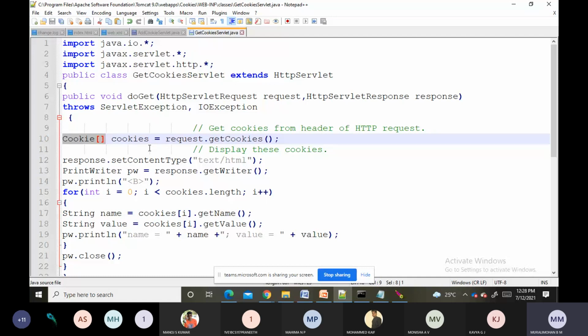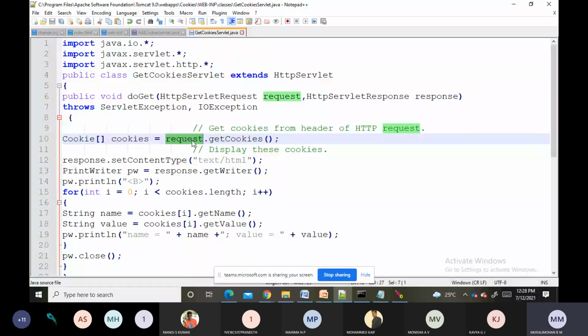Here we created one array type object. Then we are using the request.getCookies method. So we are reading the cookies from the HTTP request, that is, from the browser.